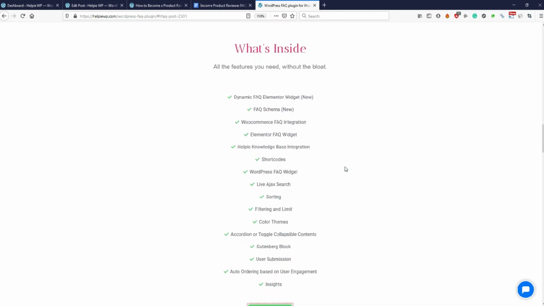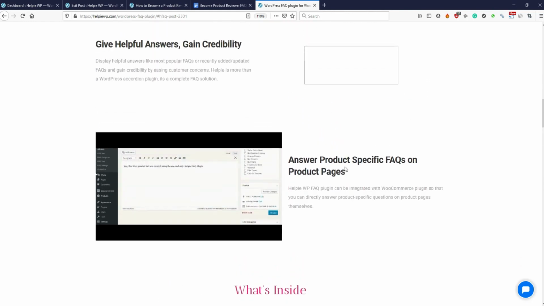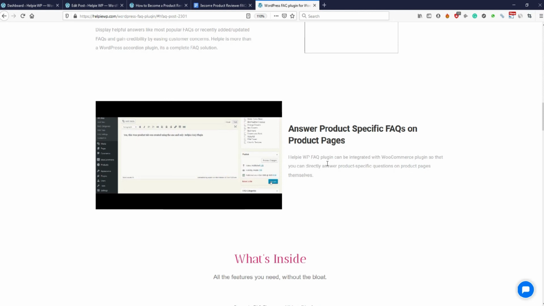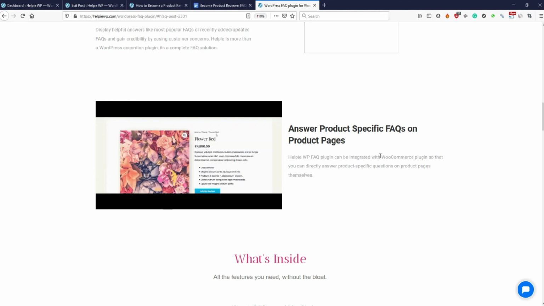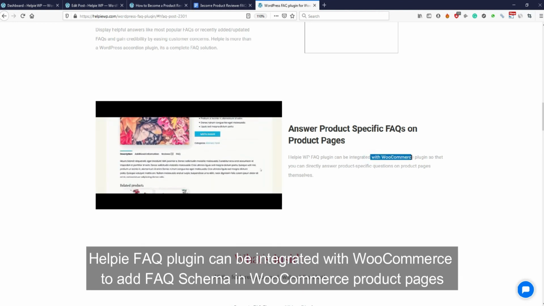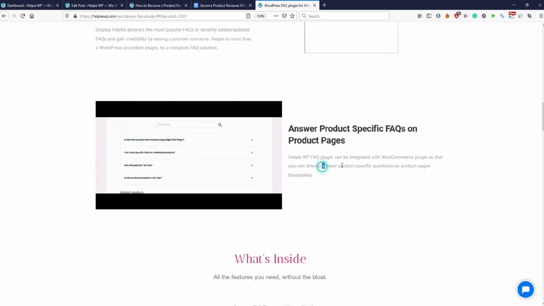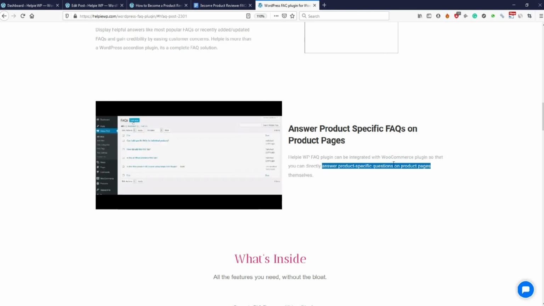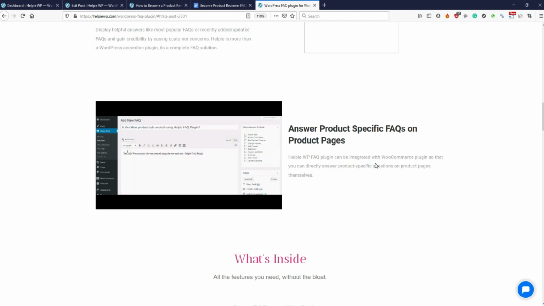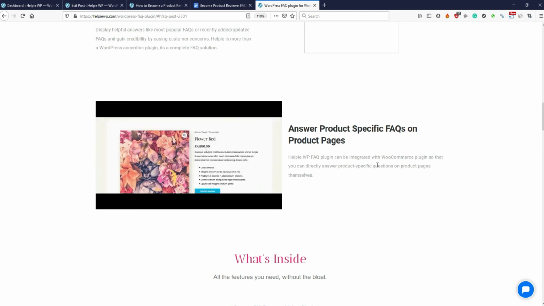You can do the same for your product page or your business page. And if you're having WooCommerce in your website, and if you're selling products with WooCommerce, it becomes especially handy, because Help FAQ allows you to add FAQs to your WooCommerce product pages. It gives you a tab near the description, reviews and more. You can add an FAQ tab, and you can add all the questions with answers.